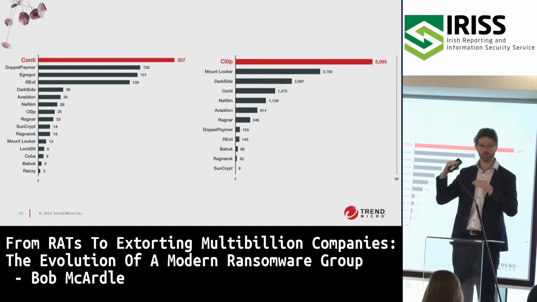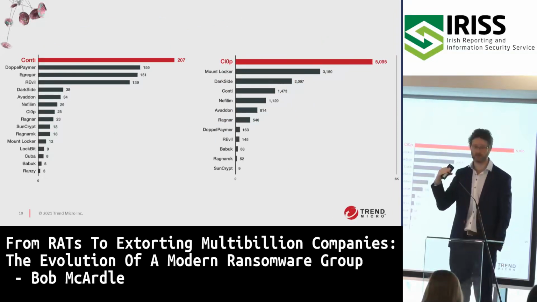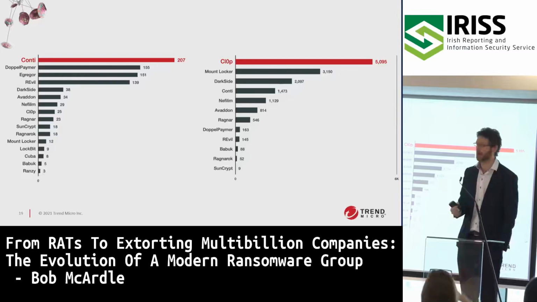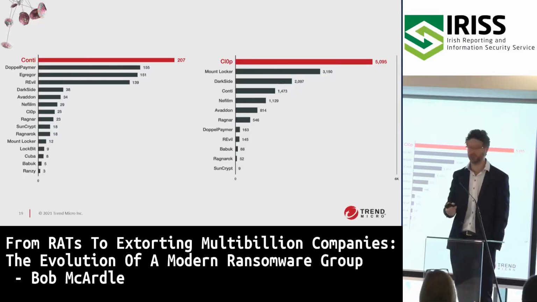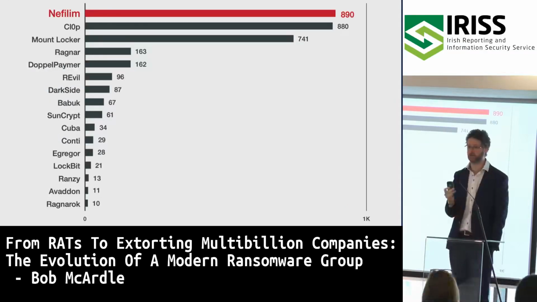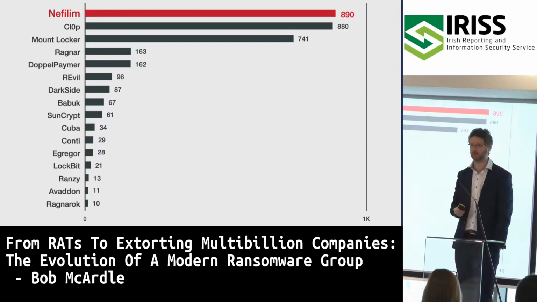What's more interesting though is if we look at the actual breakdown of the victims, and Nephilim, strangely enough, in terms of the number of victims, they're about middle of the pack. So they're not terribly interesting compared to some of the others. Also in terms of the volume of data, just the sheer gigabytes uploaded, again, they're middle of the road, although 1 terabyte of data is not to be laughed at at this stage. Where they're most definitely not middle of the pack, though, is in the revenue of the people they targeted. On average, the revenue of those companies was 890 million plus.